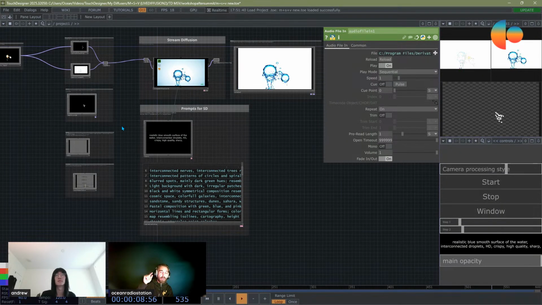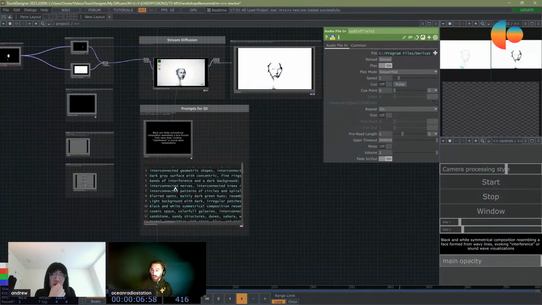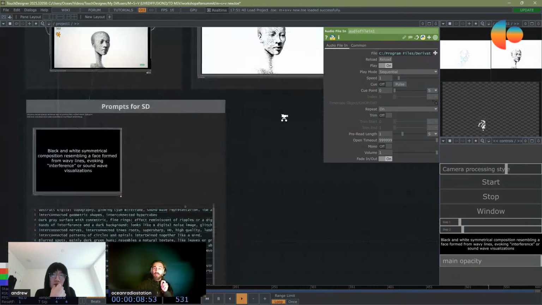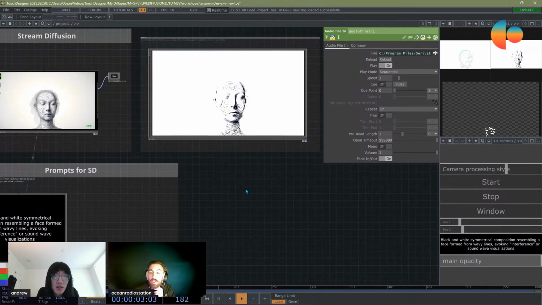Then he sent me some screenshots, and I used those screenshots to make some prompts in the list. So it was like a process, like this thing, for example, was based on one of his pictures.